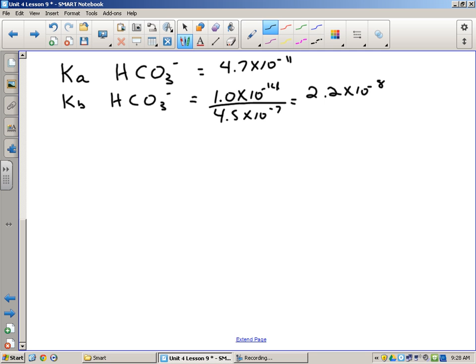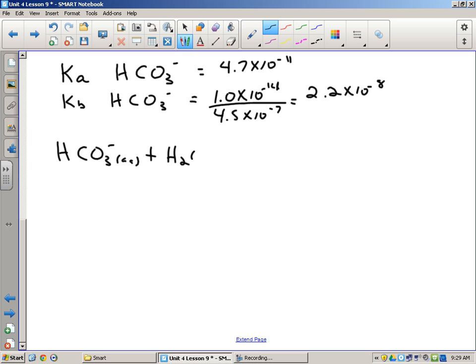So, is Ka larger or Kb larger? Kb is larger, because it's times 10 to the negative 8 compared to the other. So this one is behaving as a base. So if HCO3 minus is behaving as a base,